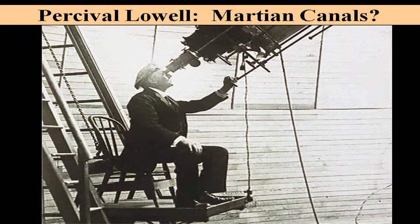Well, there were a lot of theories about the surface of Mars in the past, in the late 1800s. There were some stories written about Mars, and they presumed that there might be intelligent life on Mars and that there were canals linking waterways on Mars. And in the early 1900s, the principal astronomer of the day, Percival Lowell, had the largest